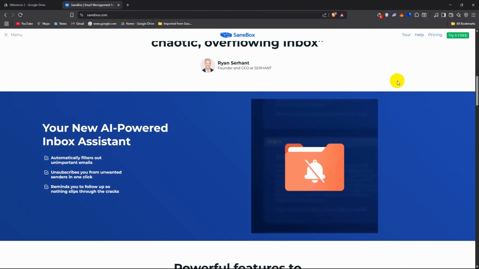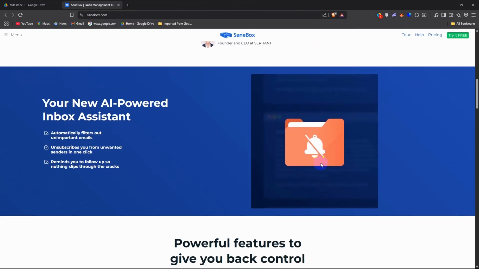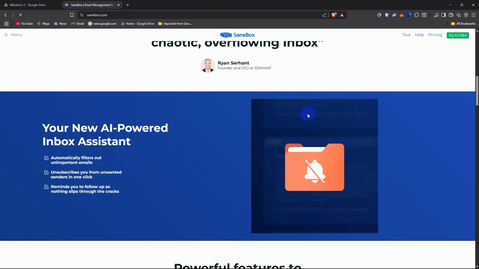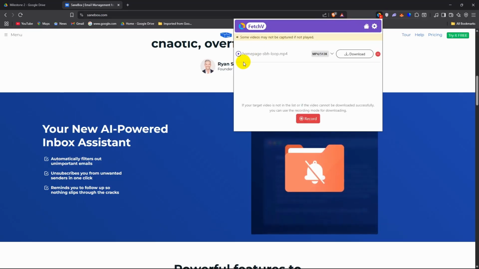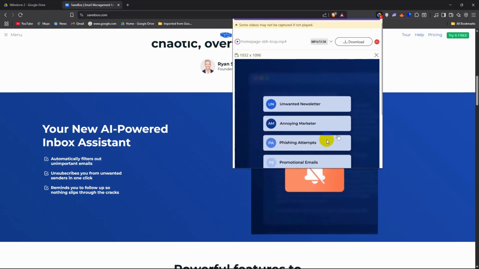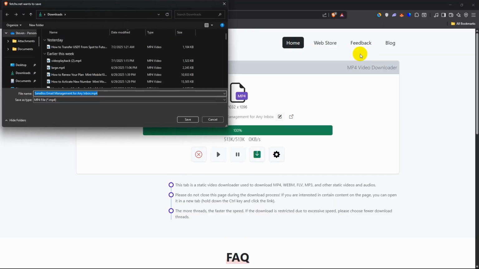So let's reload the page so you can see it disappears and then it comes back and you can see the videos playing there. So we just click on this and just play it over here to make sure it's the right thing. And then click on download and there you'll see it'll download and we are just going to